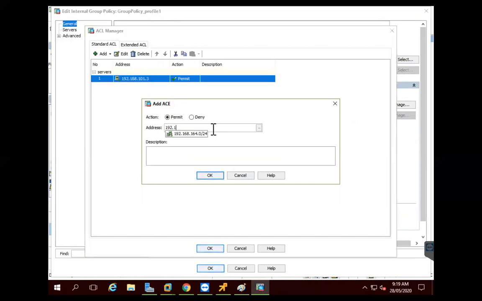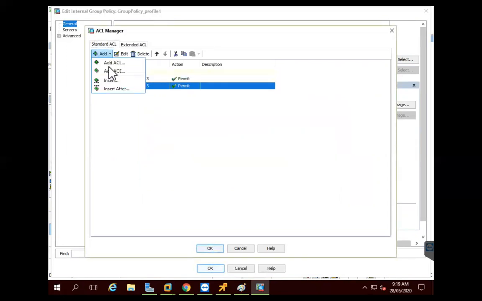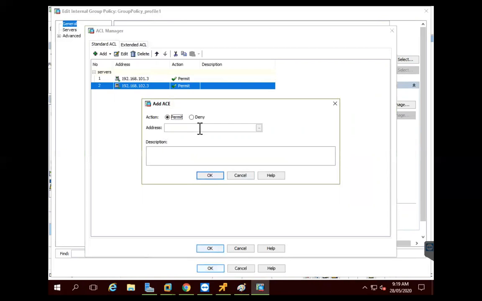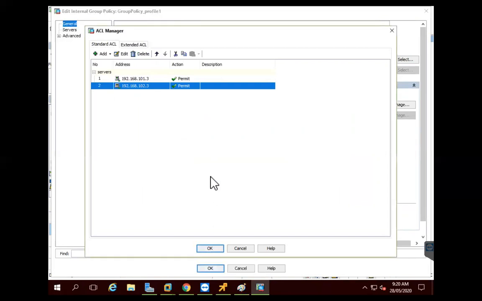So 192.168.102.3. And also one more important thing, I will allow the connection to the DNS server, that is 192.168.164.200. So I'm also allowing the client to access the DNS server to resolve the IP address.